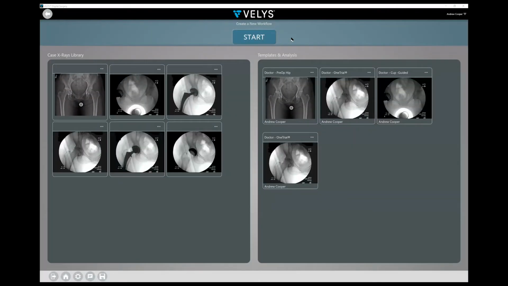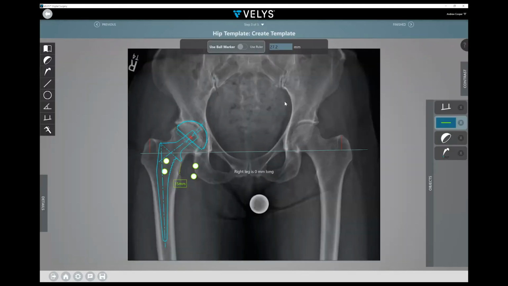I want to demo an actual case, and I have about 10 minutes, which for me is quite challenging because I tend to like to talk, but I certainly want to show the technology on a real case and get a perspective of how this can work in the operating room for people that use anterior approach hips. Certainly, when you look at templating, for instance, there's a lot of opportunity to